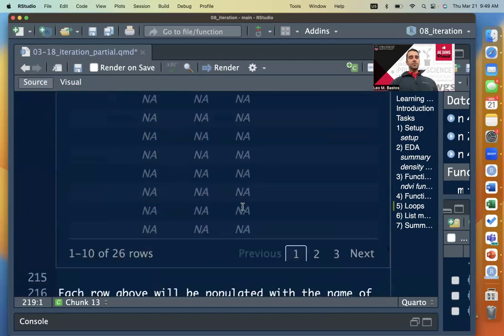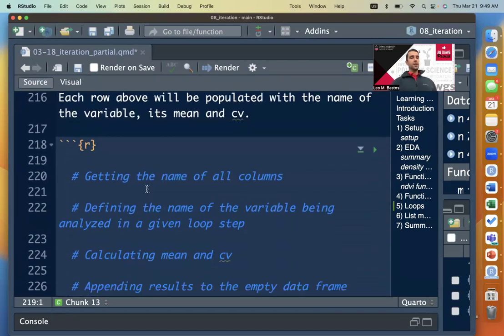So in this case here, we're going to be using a for loop. The way that we specify that is beginning with the word for. As you type that, you're going to see that it's going to change in color. That's because R understands that you're starting a loop. The way that we specify a loop is, if you open and close parentheses, what we're going to say is for i,